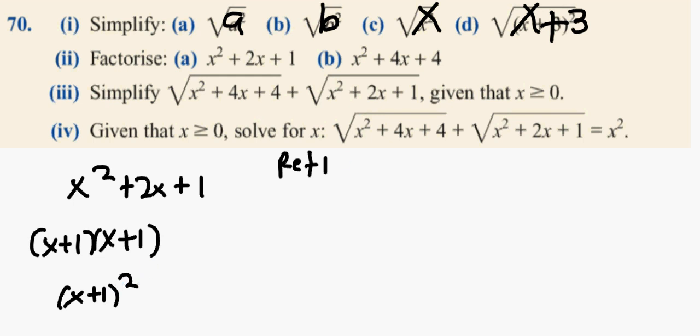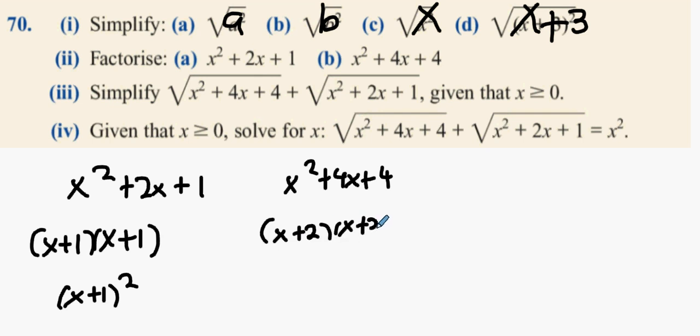Okay, let's try the next one out. What happens when you reference number this one? Two numbers that multiply to give you 4, but add to give you 4. 2 and 2? What's the answer to that then? Now, all of a sudden, what does this become? This becomes x plus 2 squared. This one becomes